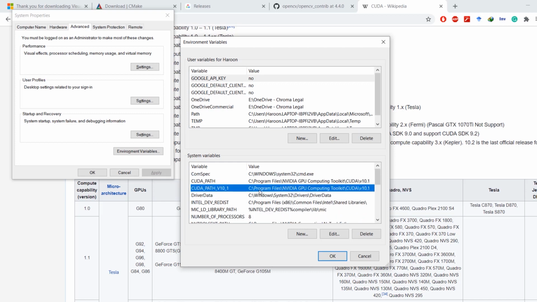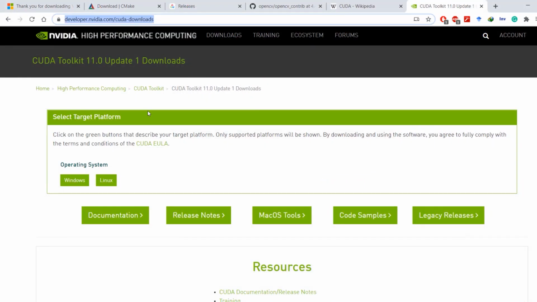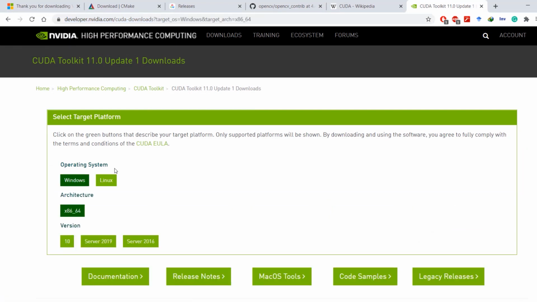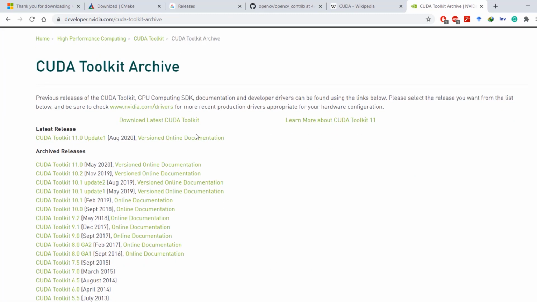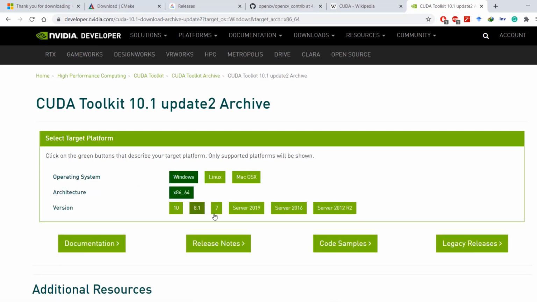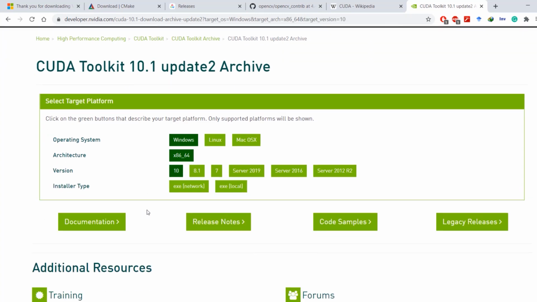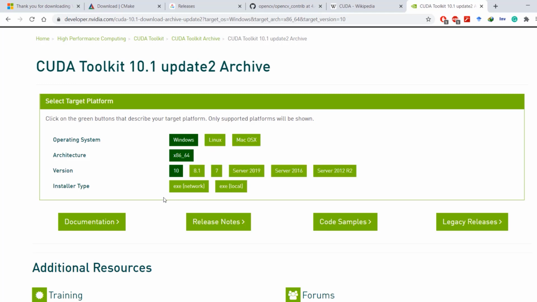So I'm not going to install it again, but if you do not have it installed, you can do it easily by going to NVIDIA official website and download the relevant version for Windows. By default, NVIDIA presents the latest version to download, so make sure to check legacy releases and download your specific version. Once you download the installer for Windows 10, the installation procedure for CUDA can be carried out with default options. But if you are unsure about it, you can check the tutorial link in the description and just follow CUDA and cuDNN installation part.